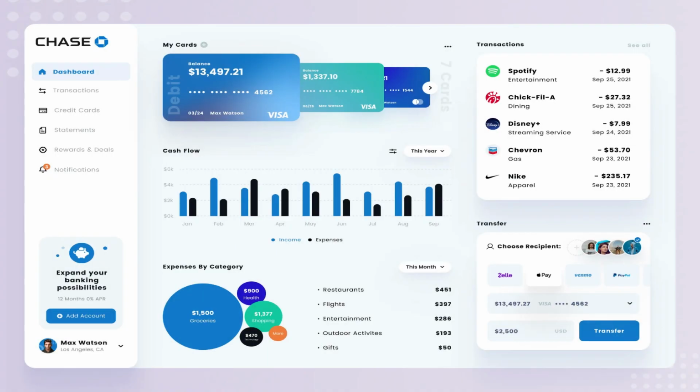Hey everyone, in this tutorial I'm going to show you how to download Chase transaction history spreadsheet on Excel. First, log into your Chase account on a desktop computer. At the time of this tutorial, you cannot download spreadsheets through the Chase mobile app, so you'll need to use